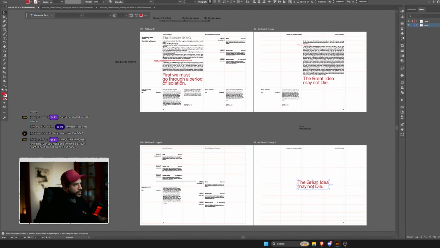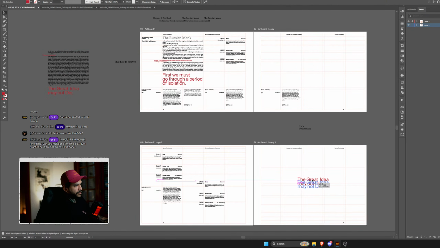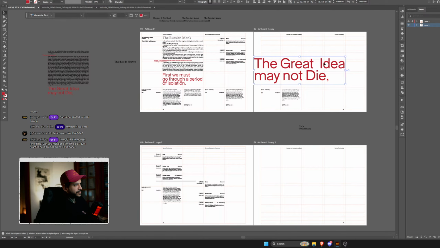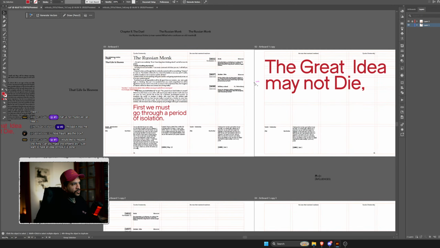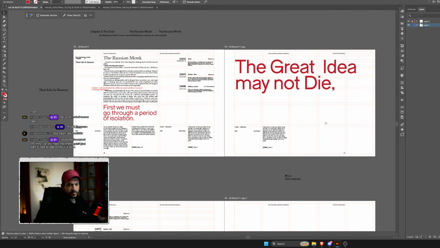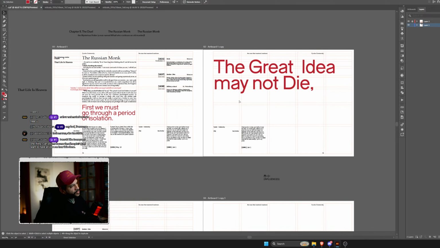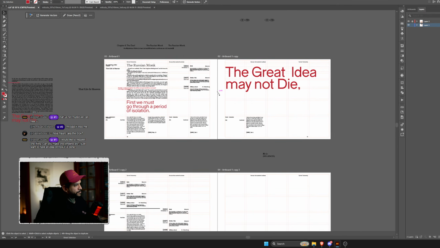Right? Another way we could have done this is we have this like so, and maybe here we have something like this. This could also work, right? This is great contrast. This is something that you should look for also in your composition, right? But what would this be? Here we are not doing a pull quote.